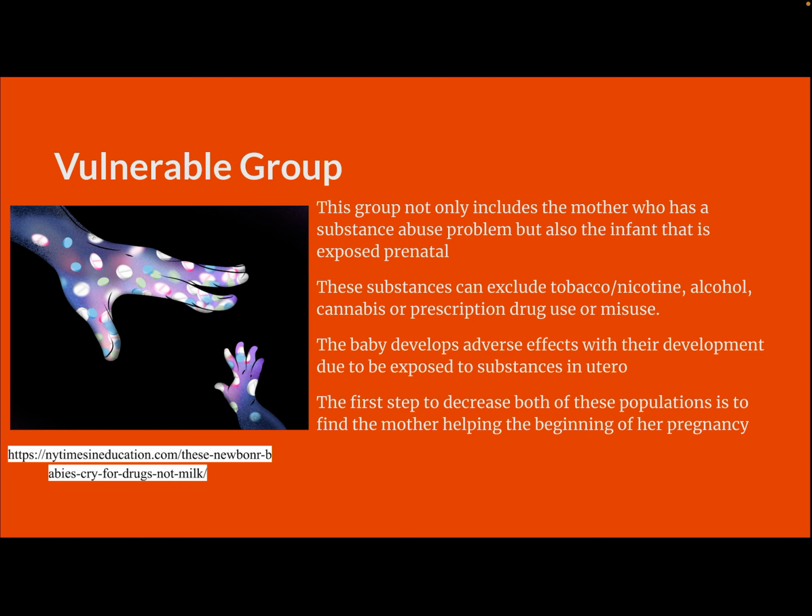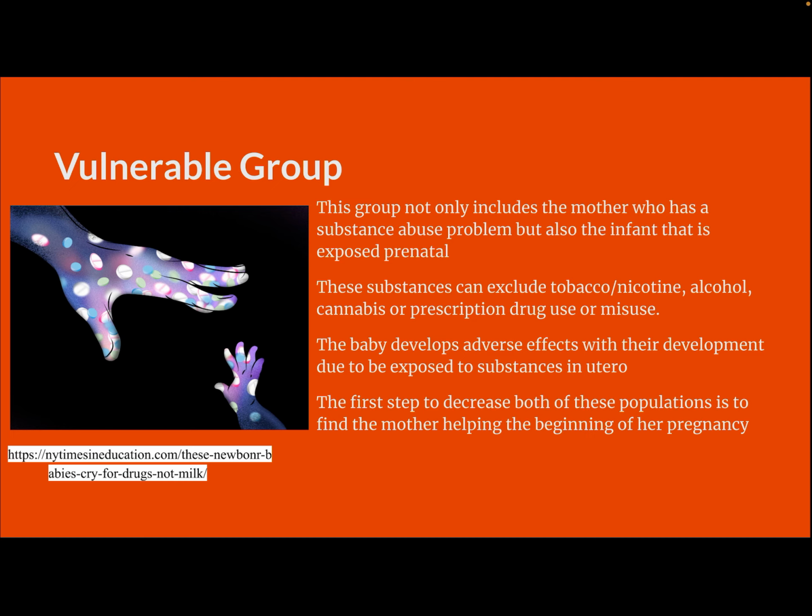The substances that can be included are tobacco, nicotine, alcohol, cannabis, or prescription drug use or misuse, meaning if the mother was on prescription drugs and used them during pregnancy, or if she is misusing illicit substances. The baby develops adverse effects with their development due to being exposed to substances in utero, and that's another reason why they are vulnerable, because of a lot of the consequences and effects that happen due to the mother using